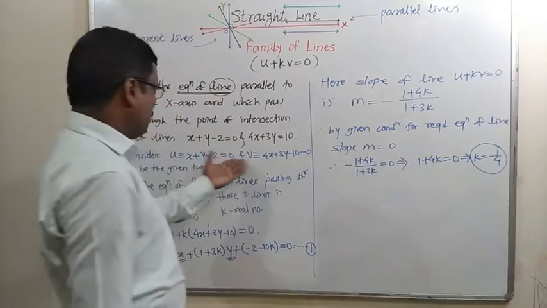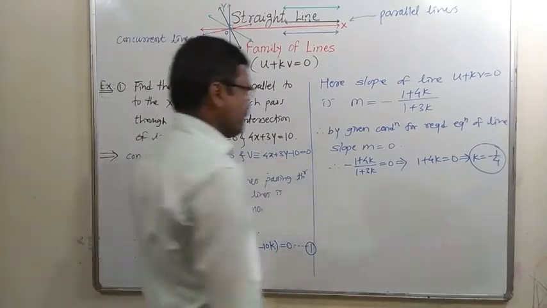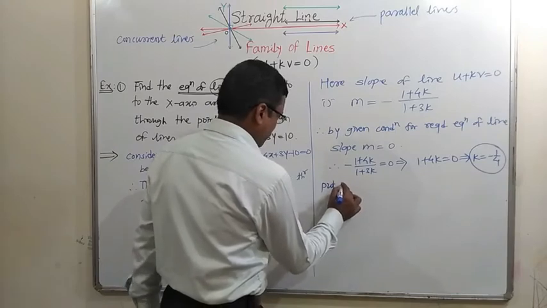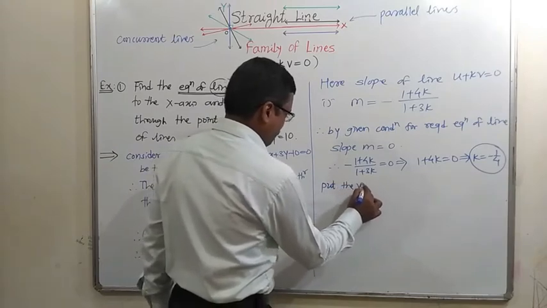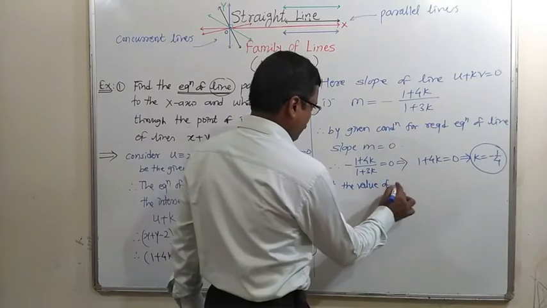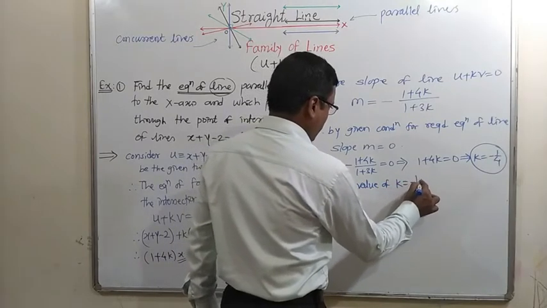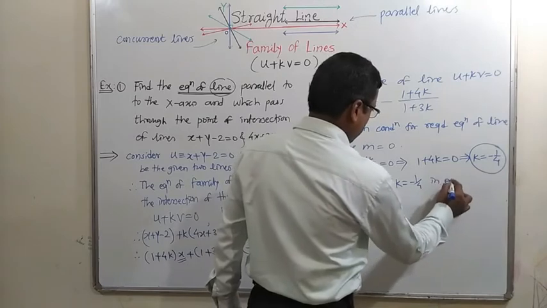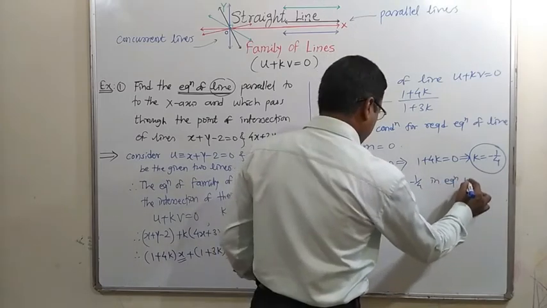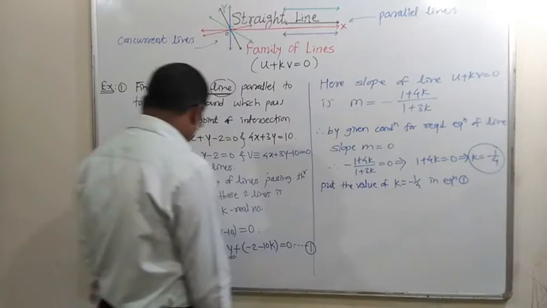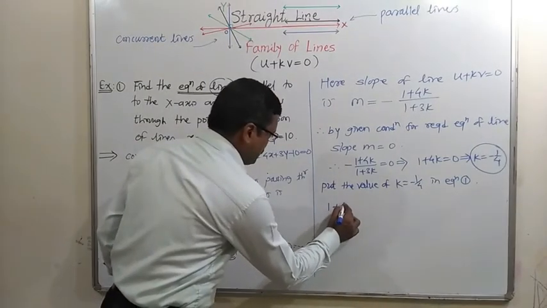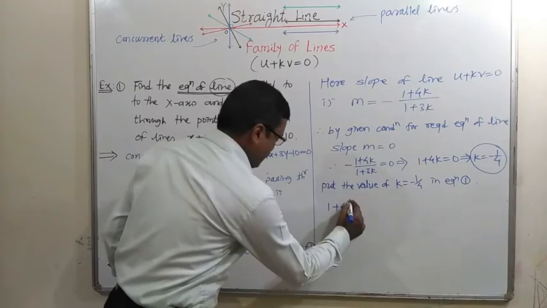Now put the value of k equal to minus 1/4 in equation 1. Therefore 1 plus 4k, k is minus 1/4,